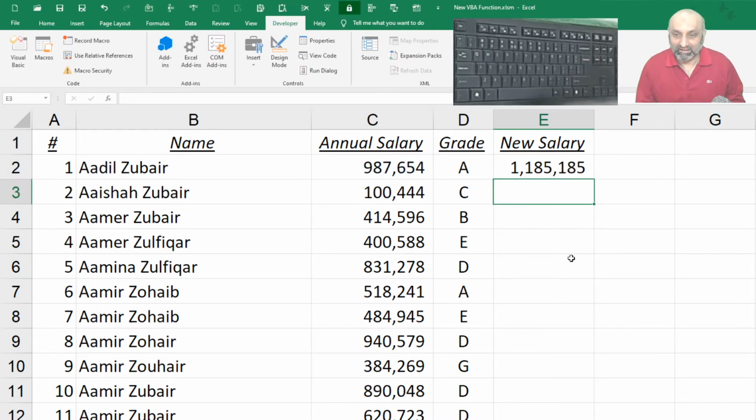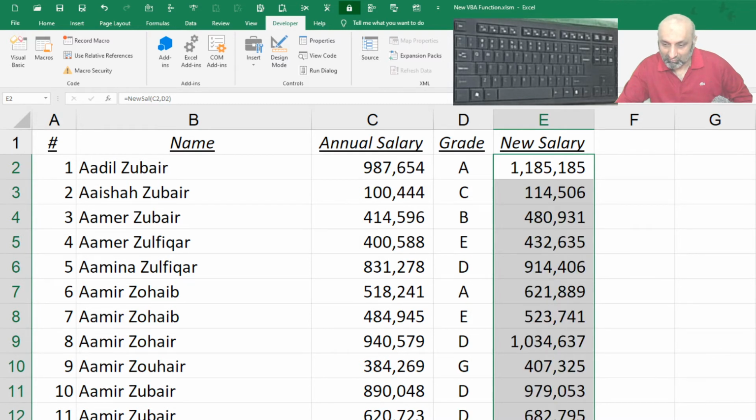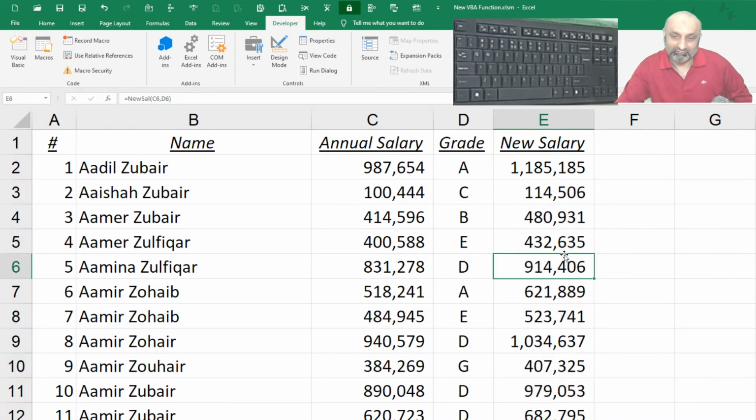Close, enter. And let me paste it 5000 times. Oh, this is slow. Okay, quite slow. So I have these values.